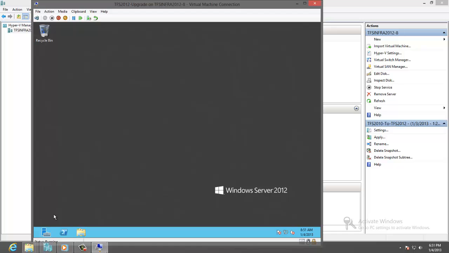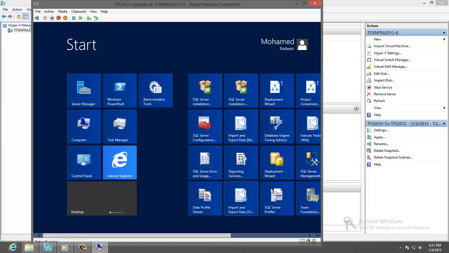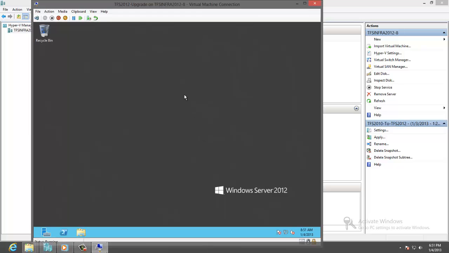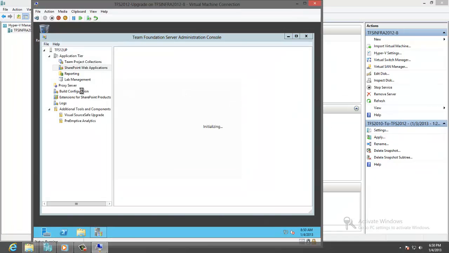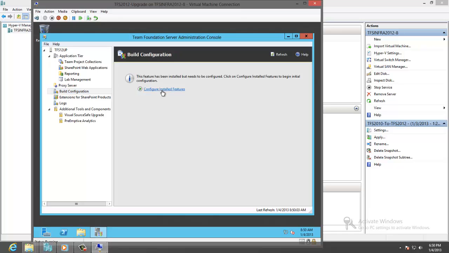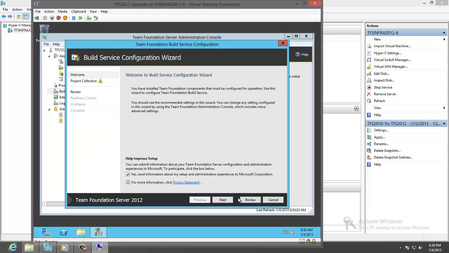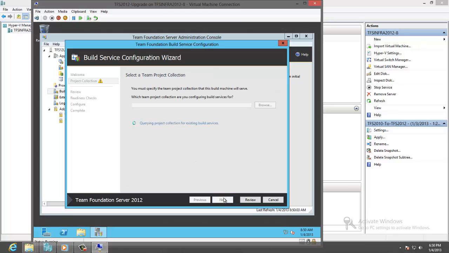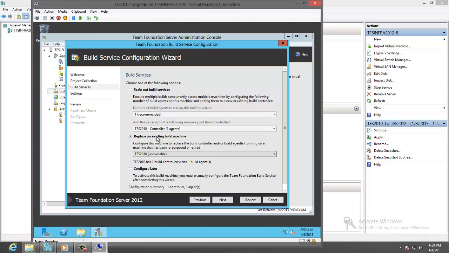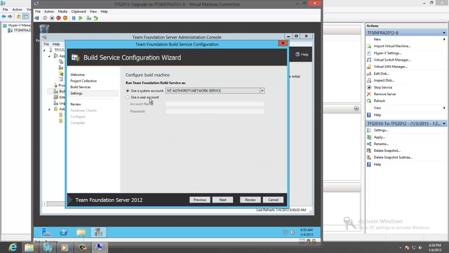let's open the TFS administration console. Go to the build configuration and configure and install the configuration. Start wizard to retrieve the default collection, because as we know, build is configured by collection. Okay, next. We'll here replace the existing build machine. As we can see, TFS 2010 is not available. Next we'll put here the TFS build account,